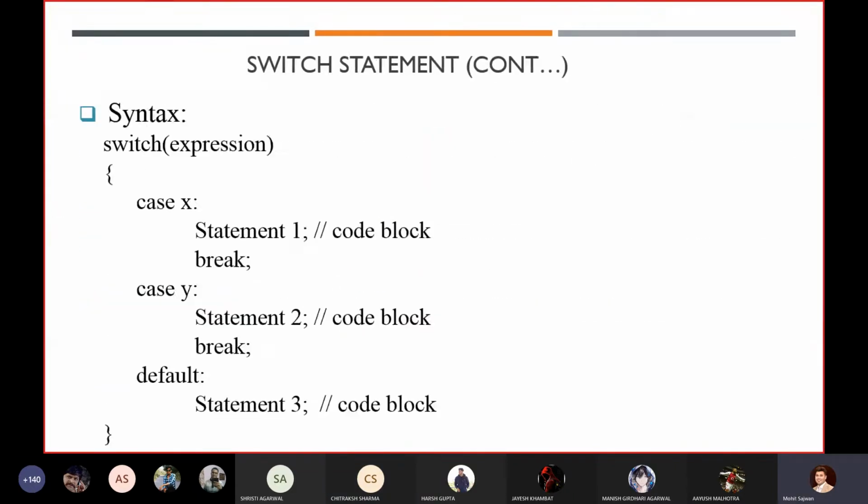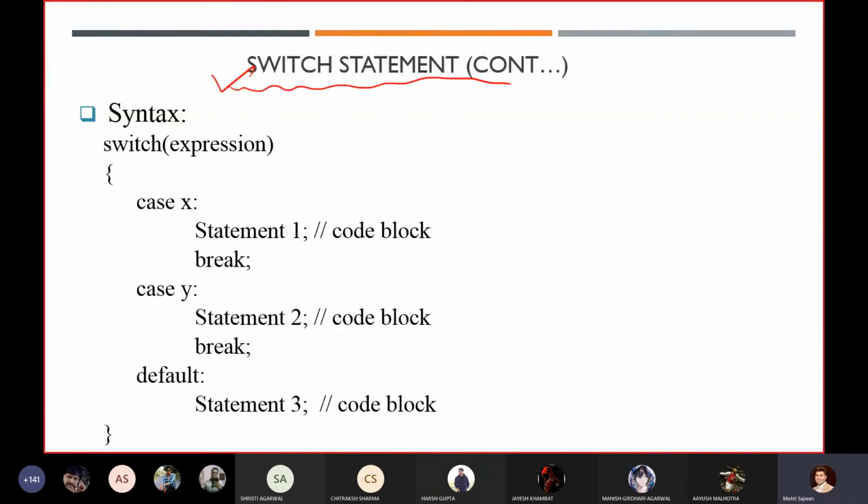So after this, we have just started the switch statement. Again, when do we use a switch statement? When you have several conditions and you don't want to go for if-else. Suppose you have several conditions and you don't want to write if else, else if like that, and you want to make your program more readable. As I told you, the bytecode of a switch statement is better, meaning better optimized code in comparison to if else if code.